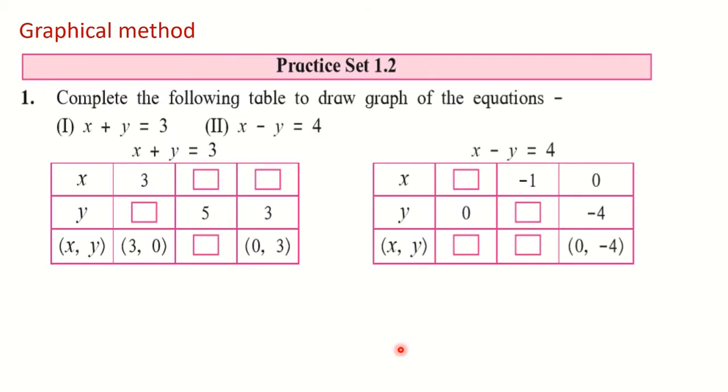Okay. So this is practice set 1.1, and in this one activity is given where you have to find the values of x and y respectively here. Okay. So here in this case the value of x is provided as 3. Put that here, 3. So the value of y you will get as 0. You can see here, here also the answer is given. This 0 simply you need to write here. Okay. So this way you are going to complete this.